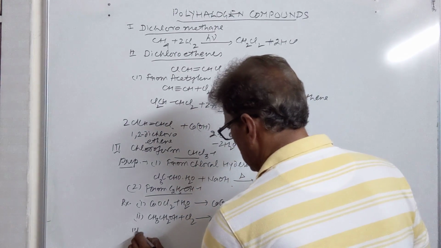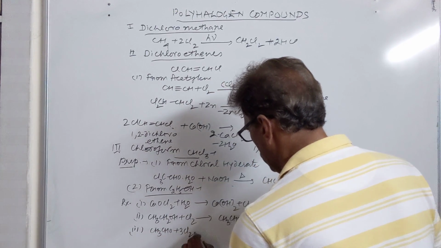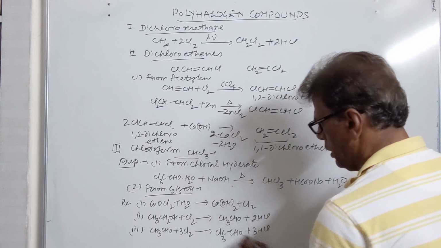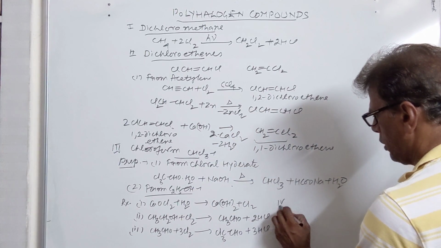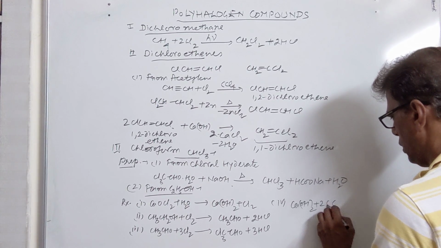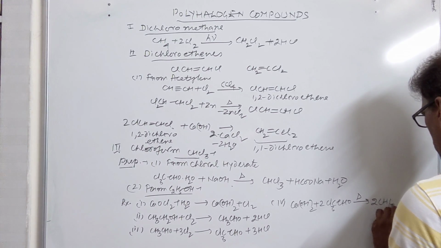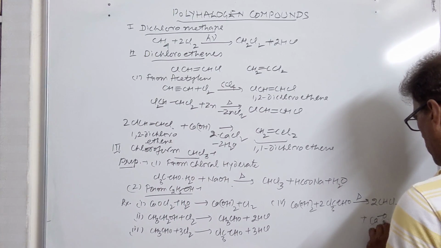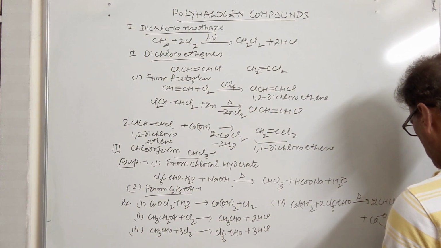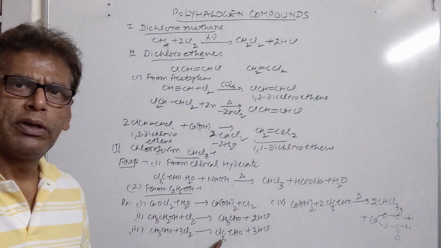In the third step, acetaldehyde gets chlorinated by 3 molecules of chlorine. We get chloral plus 3HCl. This chloral reacts with the calcium hydroxide produced in the first step: 2 molecules of chloral, CCl3CHO, combine to give you 2 molecules of chloroform plus calcium formate. So this is our chloroform, which is produced from ethyl alcohol.